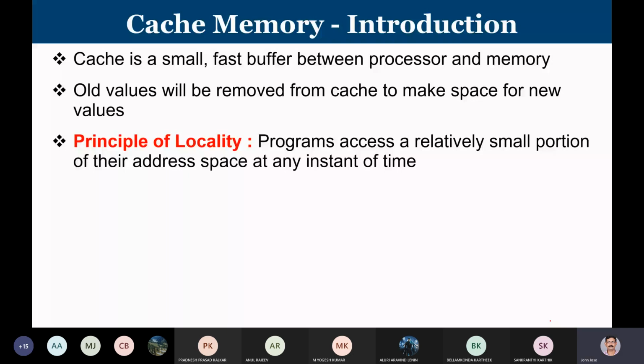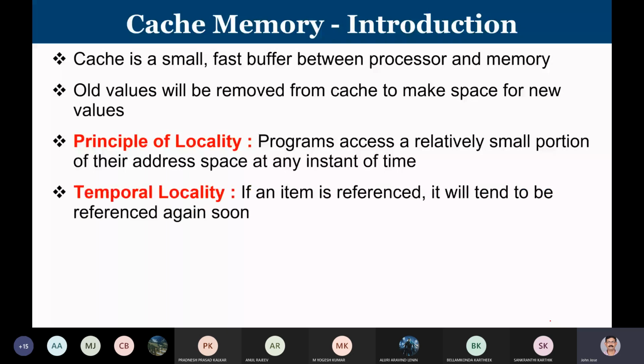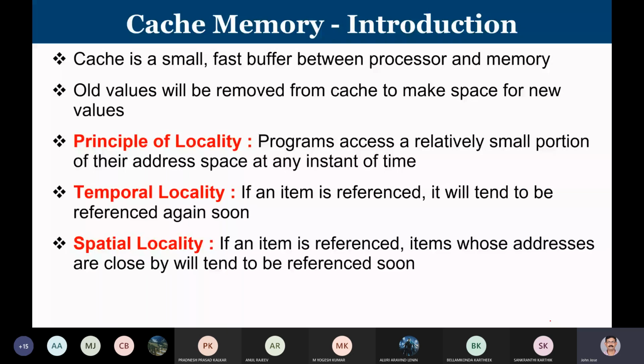Now, principle of locality has two subcomponents. One is known as temporal locality, other one is known as spatial locality. So what does temporal locality say? If an item is referenced, it will be referenced again soon. So you have programs which consist of loops. So the lines inside the loop will be referenced again. Programs exhibit high temporal locality because of the presence of these loops and repetition. Certain lines, there is very high probability that they will be referred to again.